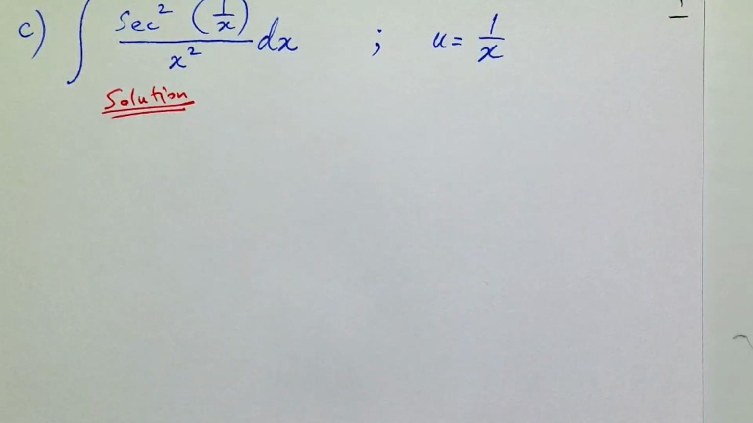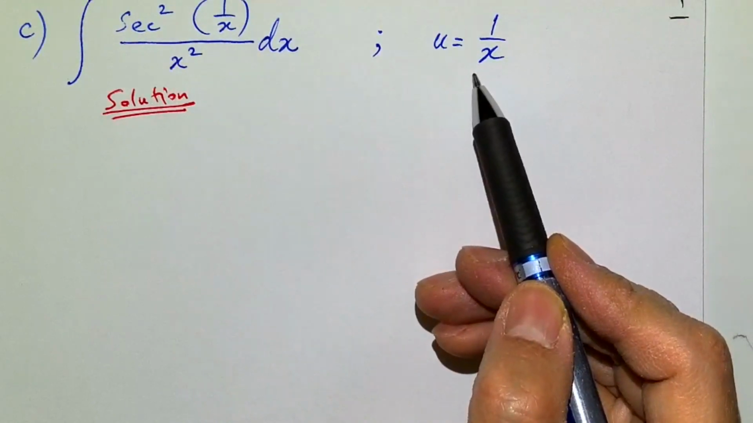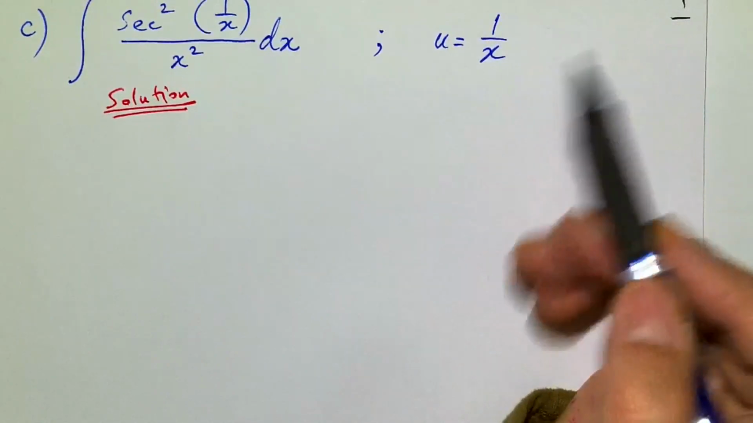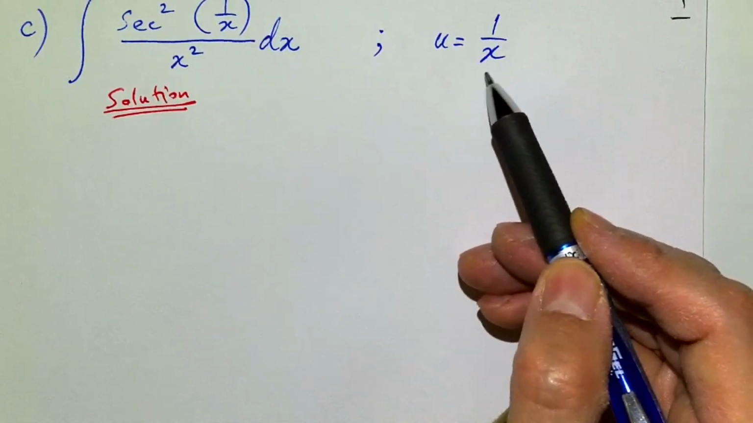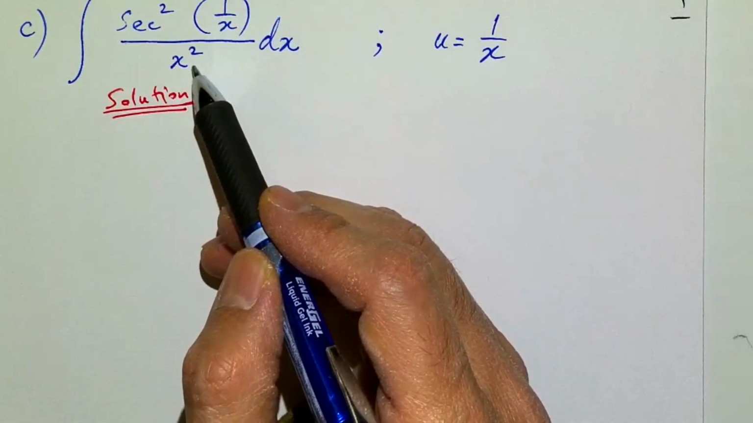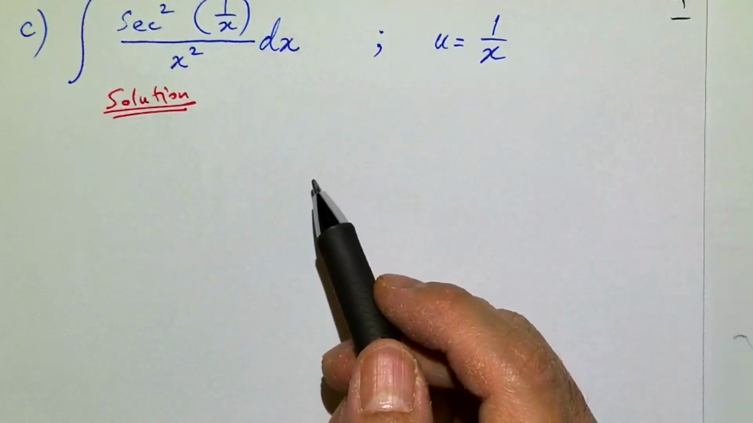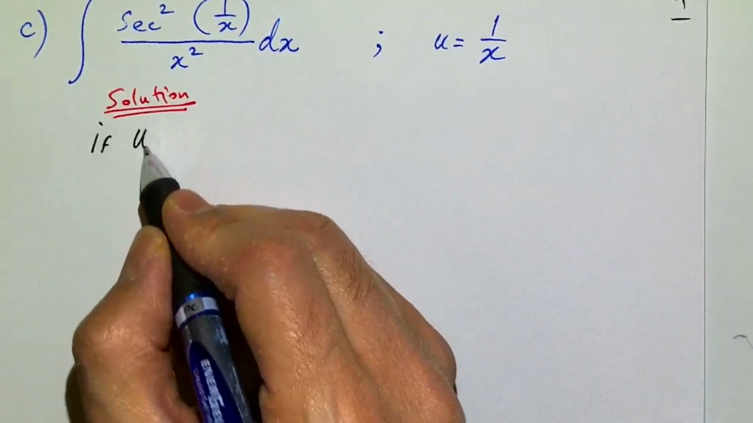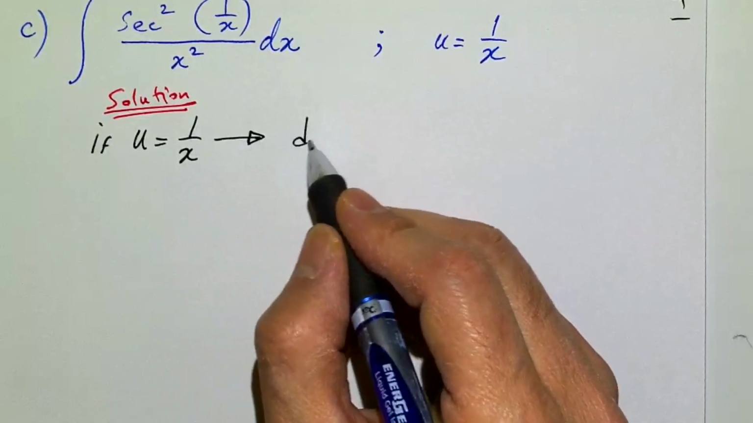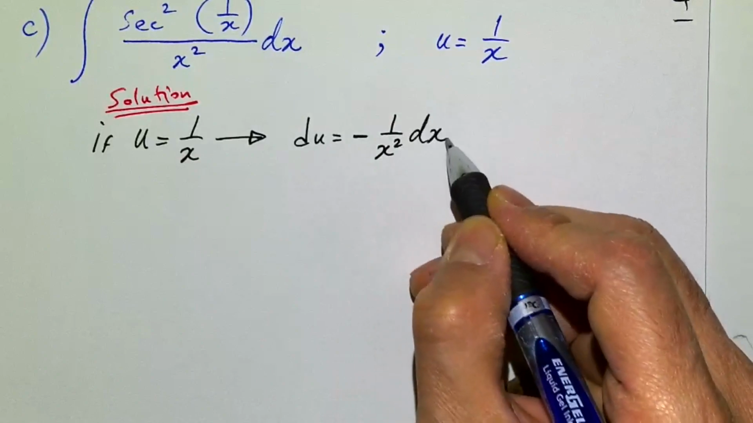Now, if you take a look at which piece of this integral is the derivative of u equals 1 over x, you can see that the derivative of 1 over x is minus 1 over x squared, right? We've taken that derivative many times before. So in this case, we have an x squared in the denominator here, but a minus is missing from that expression. We can easily take care of that. So if u is equal to 1 over x,